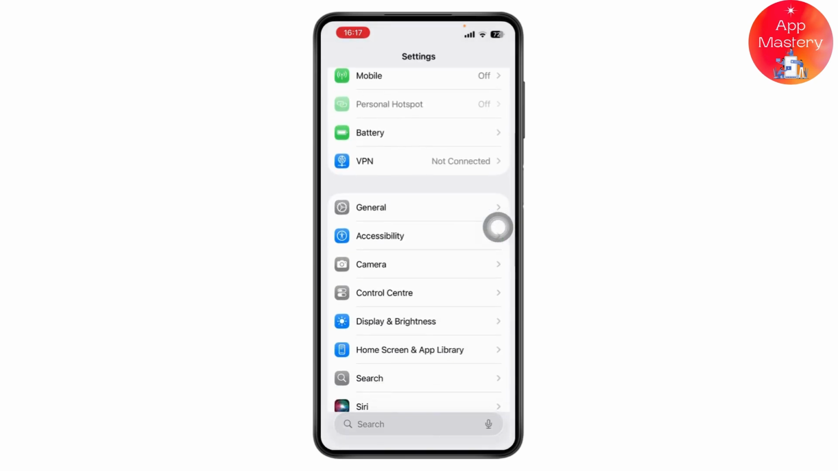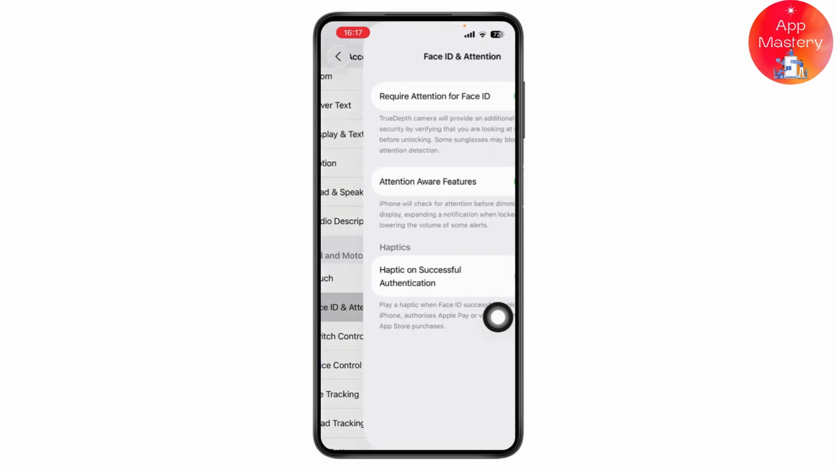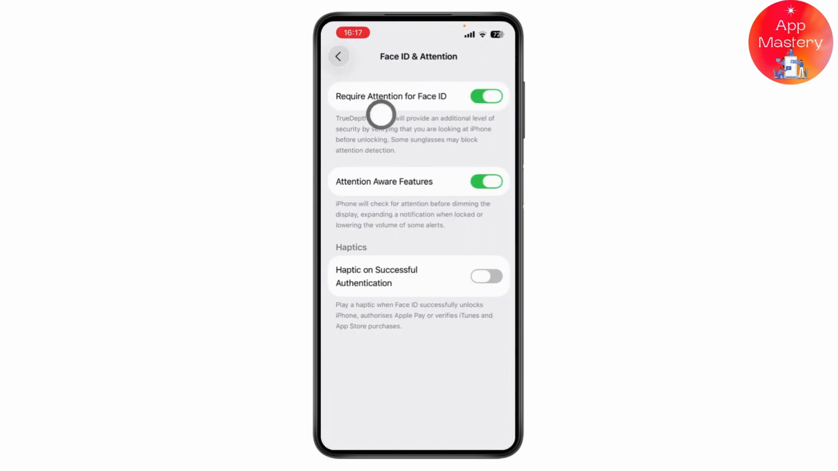After opening your settings, you need to scroll down and then go with accessibility. Under accessibility, you need to scroll down and then go with Face ID and attention. And here you will have three options: require attention for Face ID, attention aware features, and haptic on successful authentication. Make sure that these three are turned on, or if this still doesn't fix your problem, then the second solution